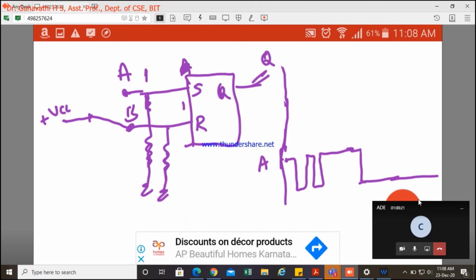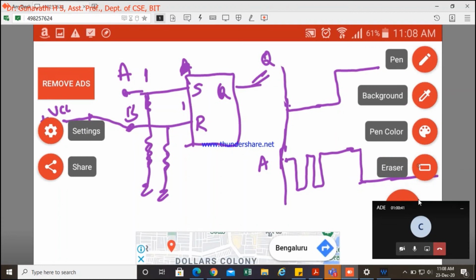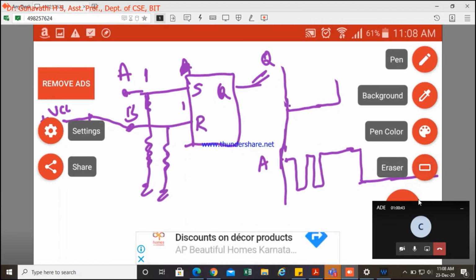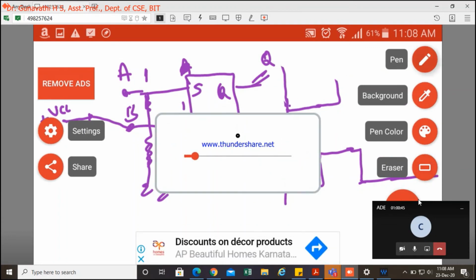So suppose my output is here, it was low, and then I will change my output as high. I would have written bouncing here. Suppose I have a bouncing effect here.